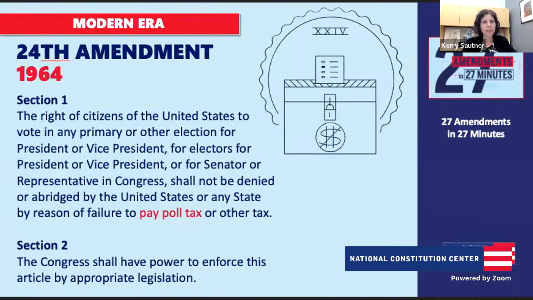And the 24th Amendment in 1964? Sure, so the 24th Amendment bans poll taxes in national elections. So these are taxes that you would have to pay before you could vote. And so this was a device used, especially in the Jim Crow South, to keep African-Americans away from the polls. When this amendment is ratified, there are still 5 states that had poll taxes on the books. And so the 24th Amendment gets rid of them as to national elections. And then just 2 years later in 1966, the Supreme Court in a case called Harper versus Virginia Board of Elections would say, no, they can't apply in state or local elections either.